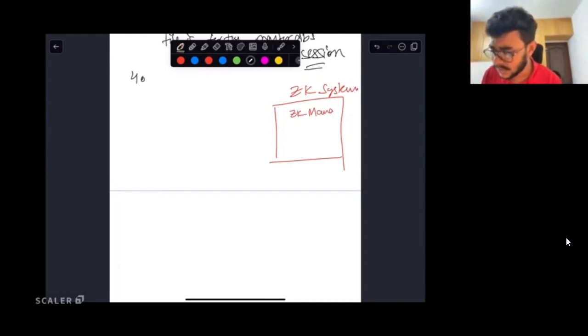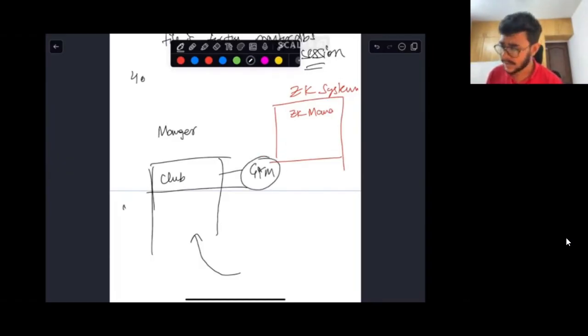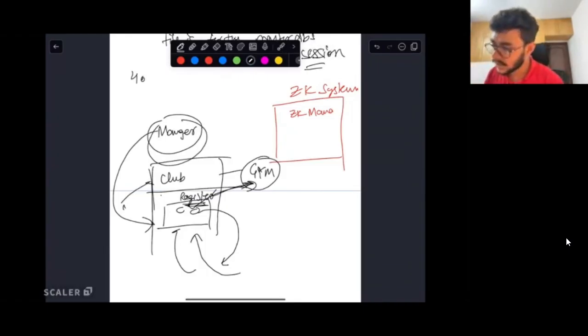Let us say that there is a manager for a club that you want to visit in your society. Inside the club, for whoever is entering and whoever is going to the gym, a facility available in your club, there is some register being maintained, and in that register, the manager is maintaining information as to who all people have come here, who all are working over here, and who all have left, right? This is the responsibility of a manager, typically, who is sitting in front of a club, maintaining a register for everyone who wants to use a gym, right? Similar to that, there is a concept of a Zookeeper manager as well, right?